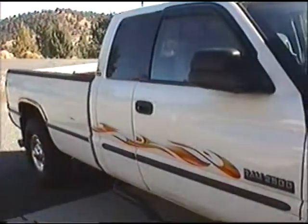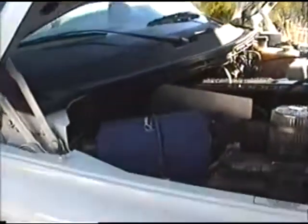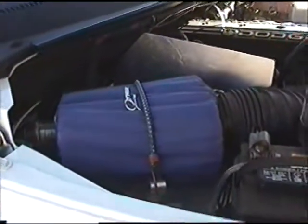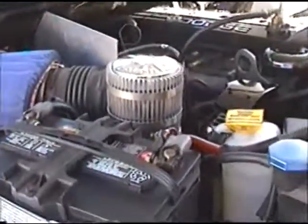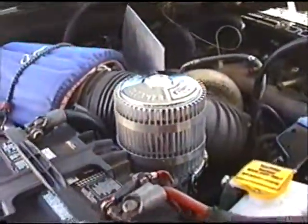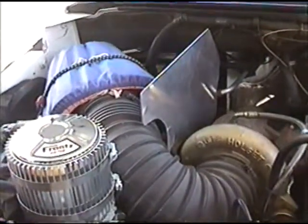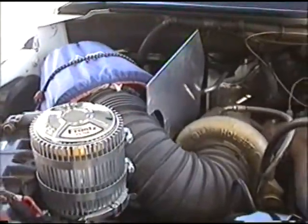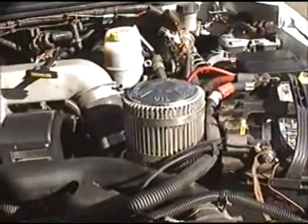Okay, just a general overview of the truck. Donaldson type, low restriction, high volume air filter. The France bypass oil filter. Of course, back there you can see the turbo heat shield to keep the heat away from the air cleaner. And over on this side is the fuel filter, France submicron fuel filter, and